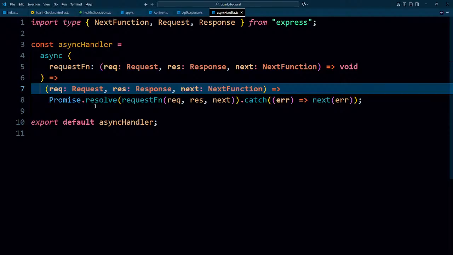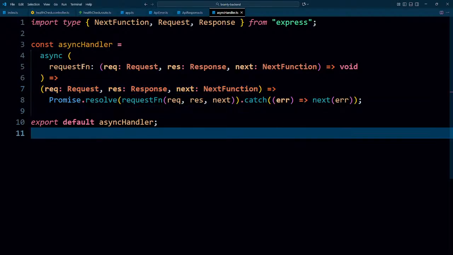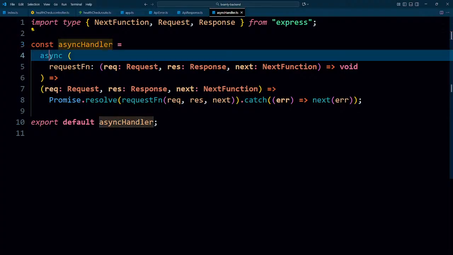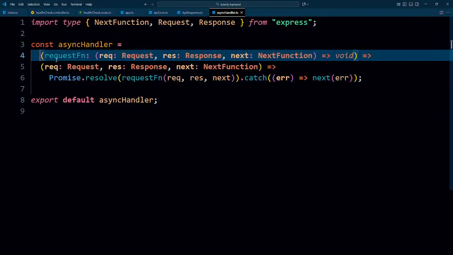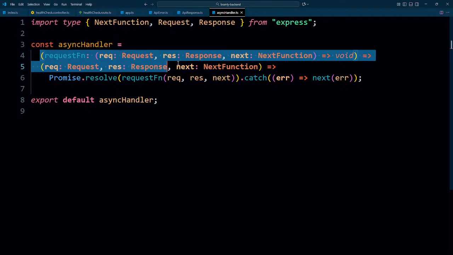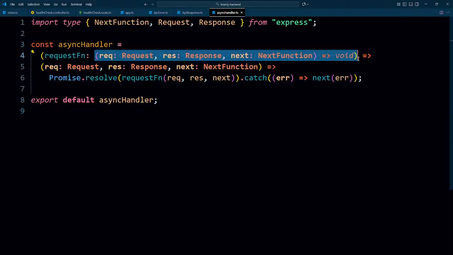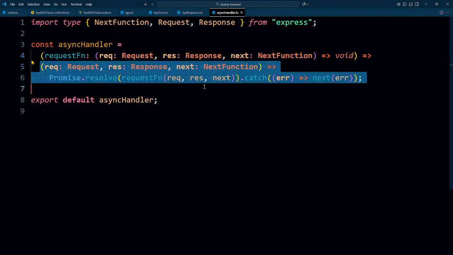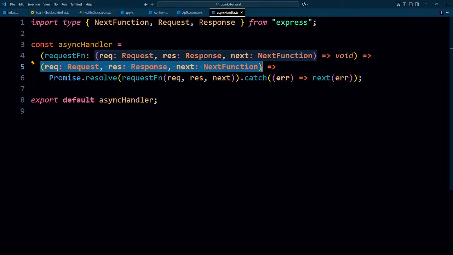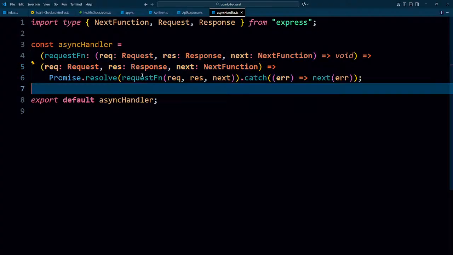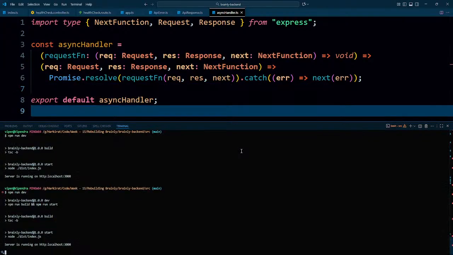Okay, this much we had. We had an async function. Let's remove this one too. This is going to be just a normal one. So we had a function that had a type of this and would return void. That's true too. And then that was returning another function, and that function would get these values as parameters, and that function would resolve the request function, request next. And if I run it, this was the older code that we had.